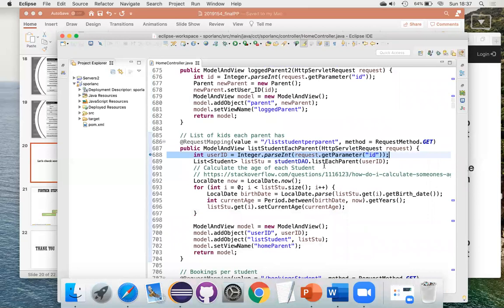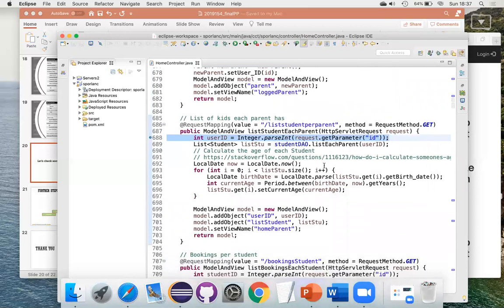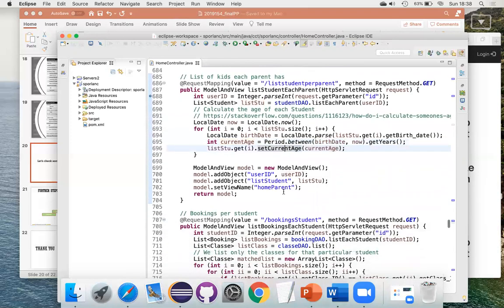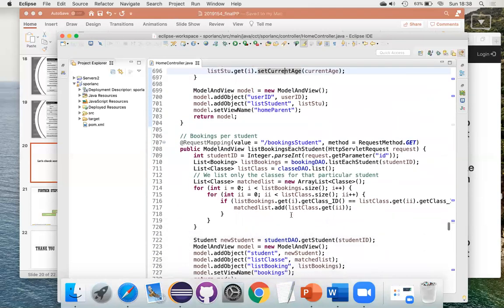I also have this method that I would like to talk about. It's about when I check how old the student is. This method checks the birth date. I get the birth date from the user, and then I have a method that compares the birth date with the date of today and returns the years as an integer. That's the way I control whether I can insert that student or not.